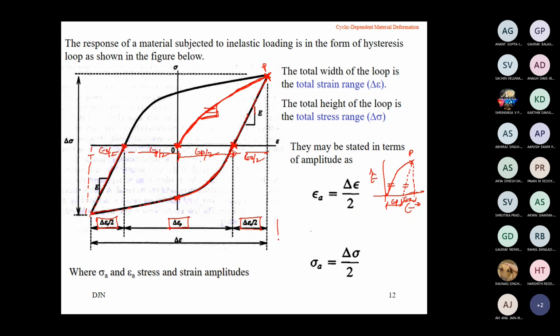We are applying the total strain, one full cycle for example. In one full cycle, the total strain we have applied, or the corresponding stress. So this is the total strain against time, or number of cycles. In one cycle, this is epsilon T max, the total strain maximum. This is epsilon T minimum.